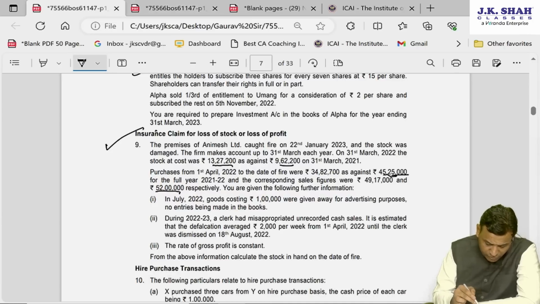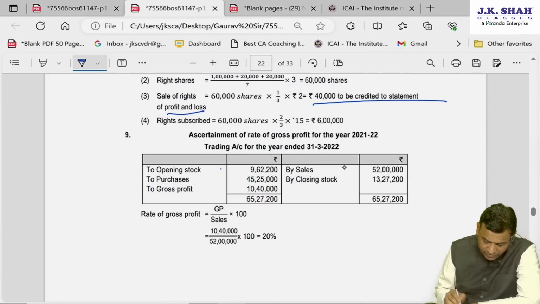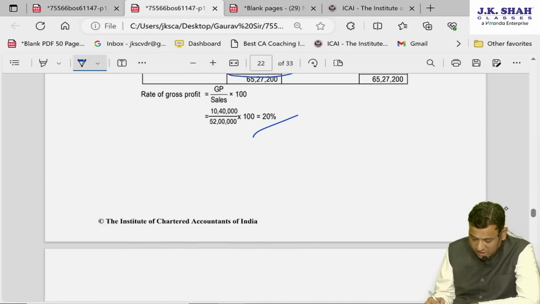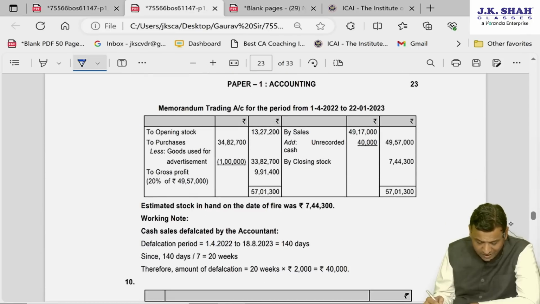Purchases and sales are 45,25 and 52. I got my GP. The GP ratio is 20%. Things are simple. Now what can we do? We can find out the stock on the date of fire by preparing a memorandum